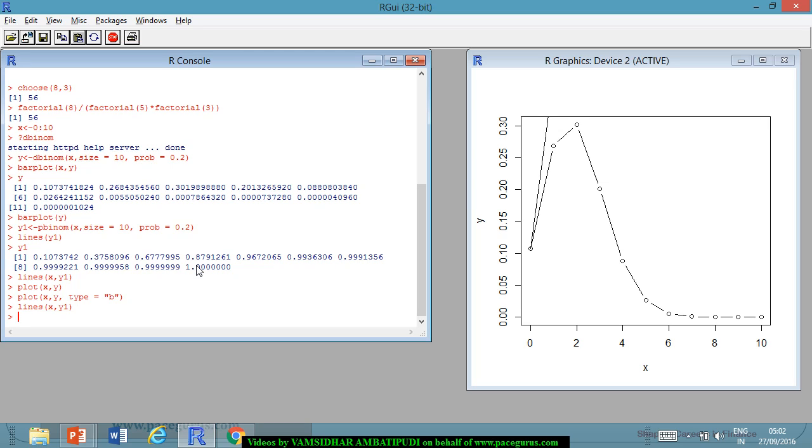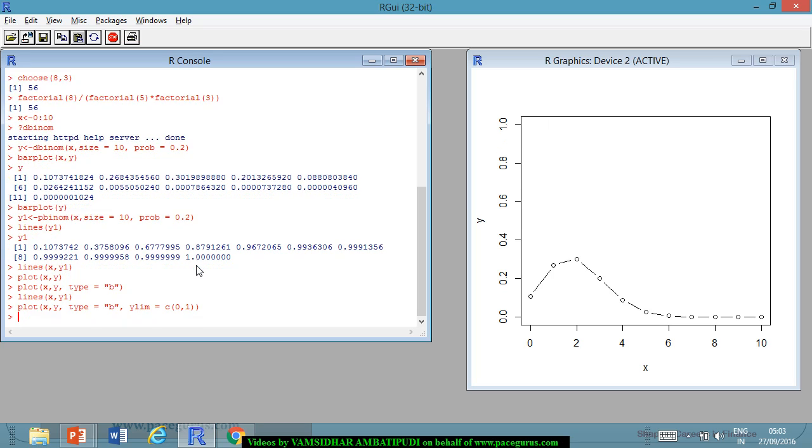So I should not define the axis initially, right? So if I don't define the axis initially, otherwise let me set the y limit when I'm doing the plot itself. Let me set the y limit to be between c0 comma 1. This would be better. Y limit I am setting it between 0 to 1,